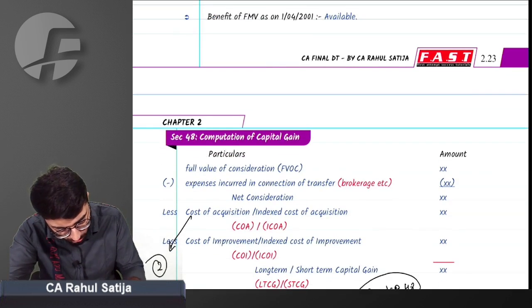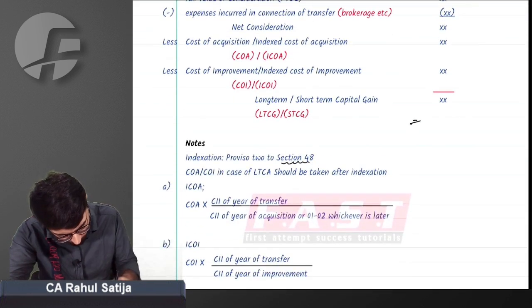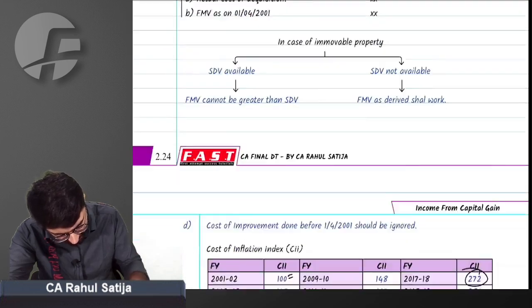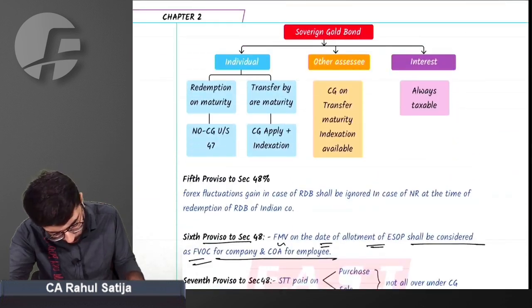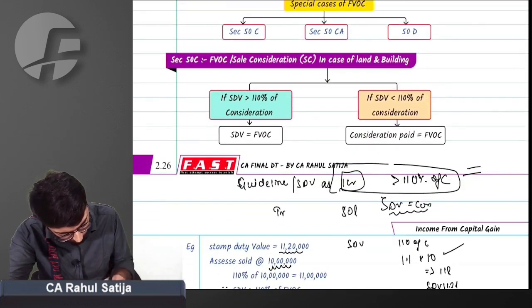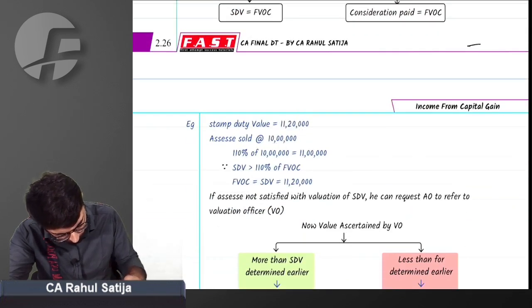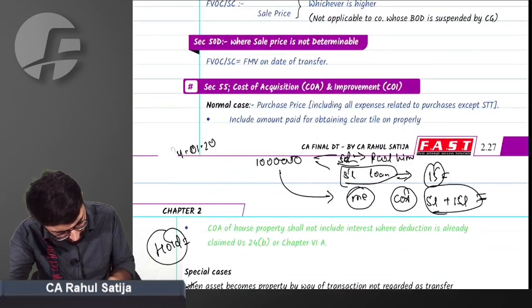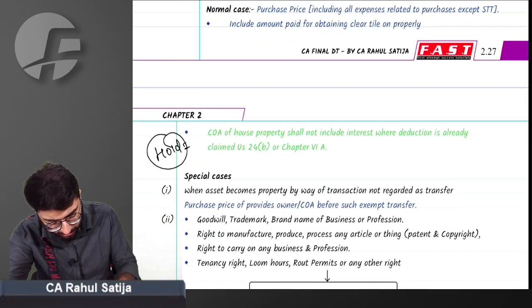Now just let me have a look. What did we leave till now? I guess we are done with the chapter. Only transfer related to NR taxation is pending. We will be doing it after non-resident taxation. Okay, here you go. This is one thing we held for later on.